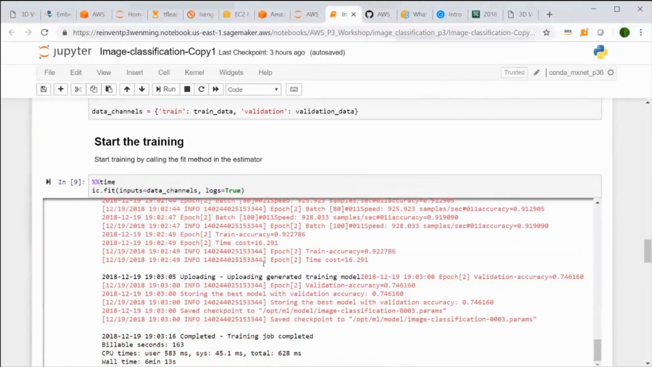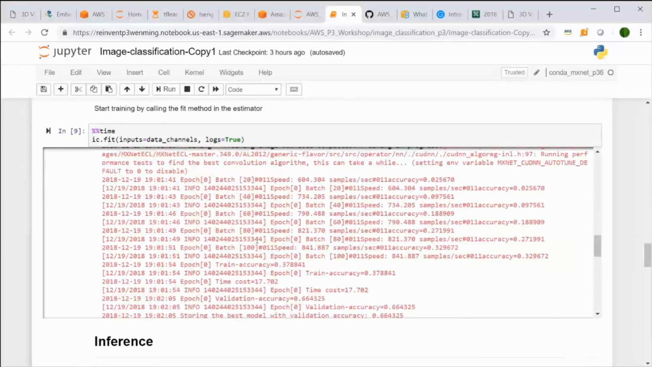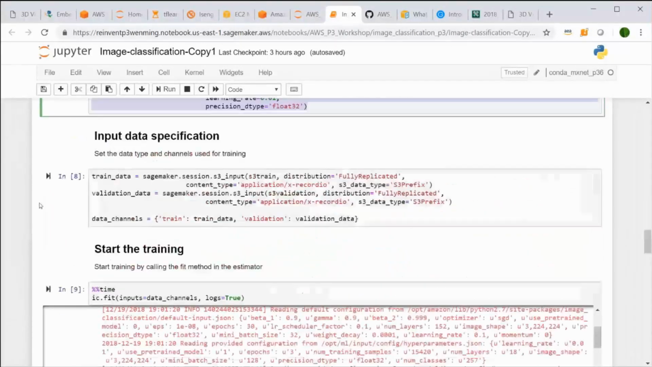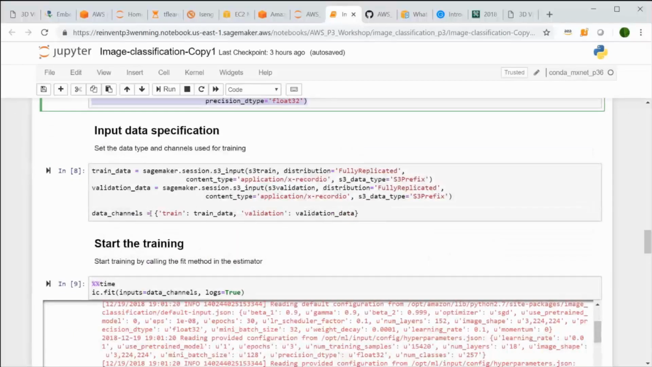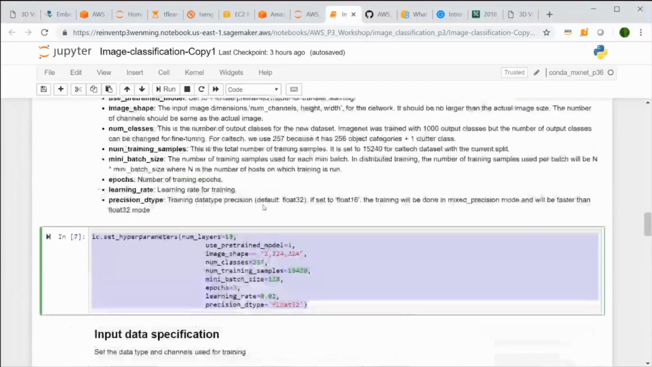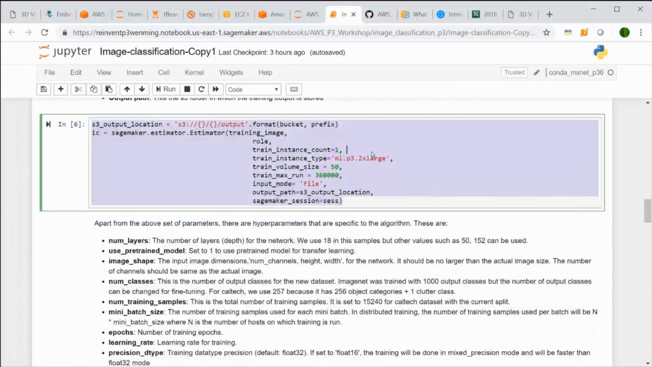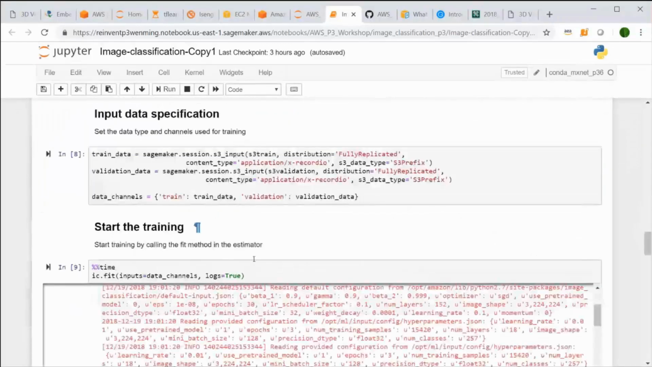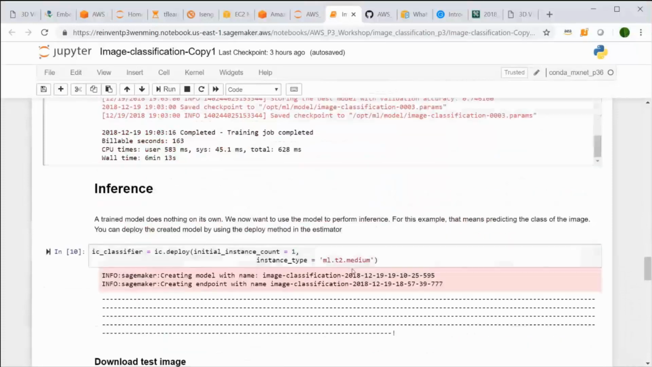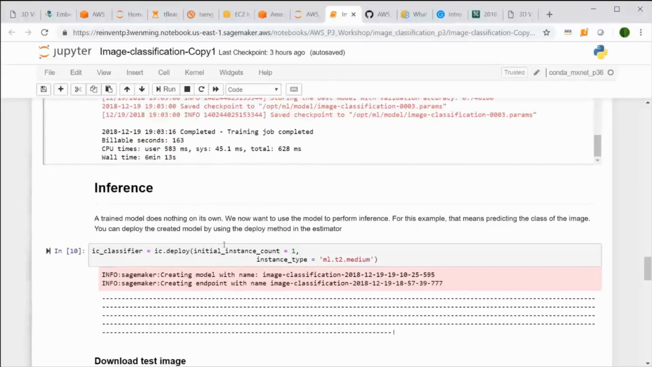In this case, I actually submitted a job to run this on the remote system. I'm using a P3 2x large instance to do the training. As you can see, the training took a little while, about 6 minutes to complete. And the next step is that I actually